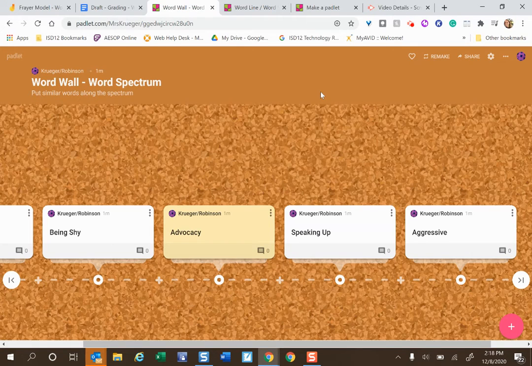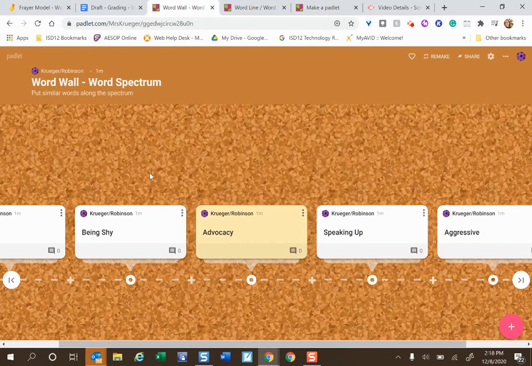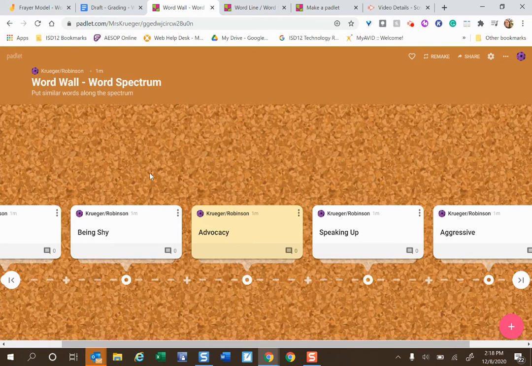Reading strategies, of course, involve words, ideas, and concepts. And again, allowing students to organize a new word around words that they might already be aware of helps them to file those words away and be able to retrieve them more easily. So, in order to do this, maybe even as a collaborative activity with a class, you could do something like